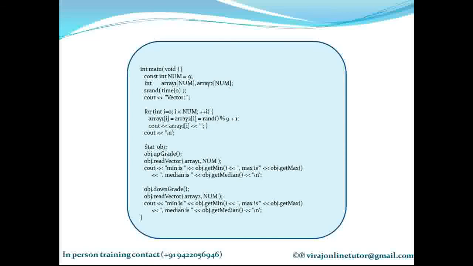Okay. Now finally I'm explaining the main function. I just declare two arrays here of size 9 each. Then in the for loop I am assigning random values to these arrays. So both these arrays will contain some random numbers. Then I am creating an object of stat. Once I create an object of stat, what will happen? In the constructor, remember, we were using the bubble sort algorithm by default. So when I create this object, by default we will be using the bubble sort algorithm.